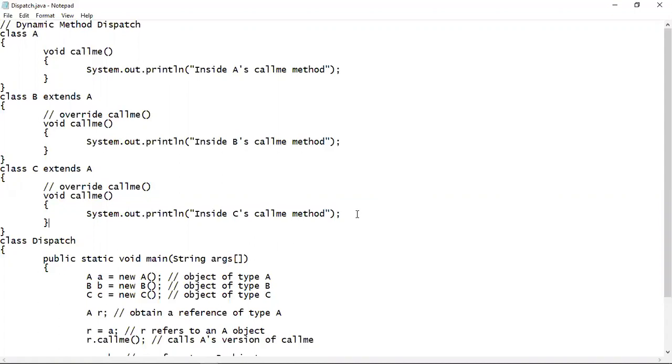Here you can see that the decision of which version of the method will be called is taken at runtime. That's why this is runtime polymorphism. So method overloading is basically compile time polymorphism, and method overriding, along with this concept, which is a superclass reference variable can refer a subclass object, will implement runtime polymorphism in Java.